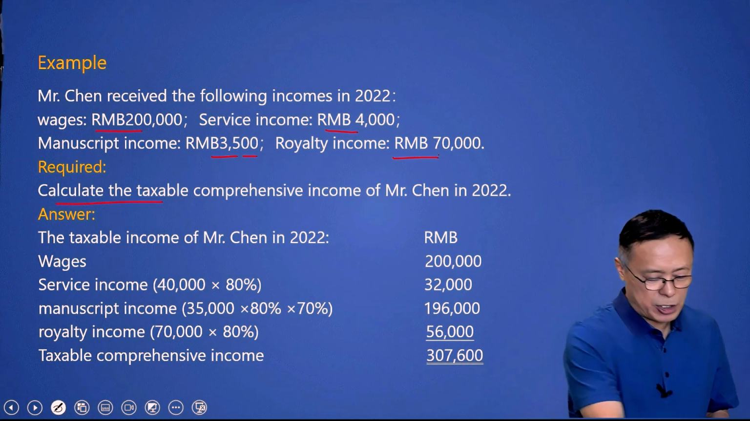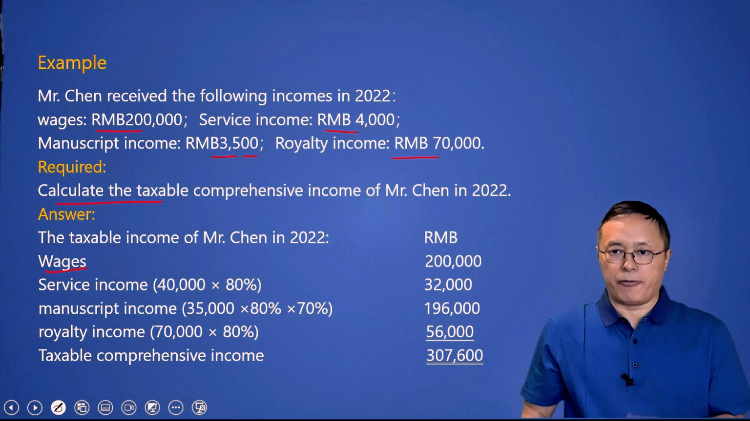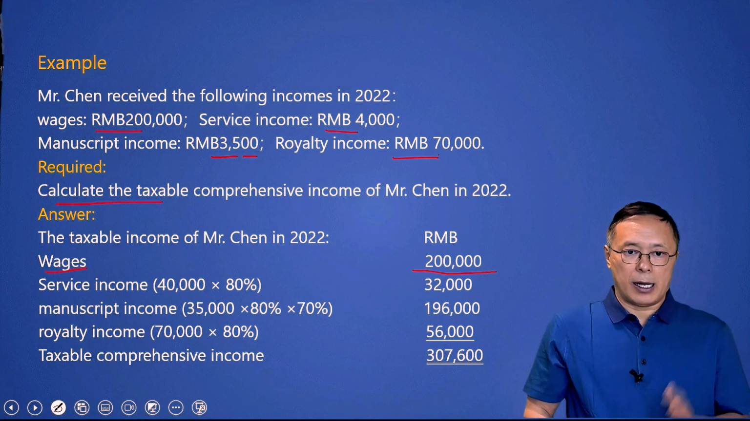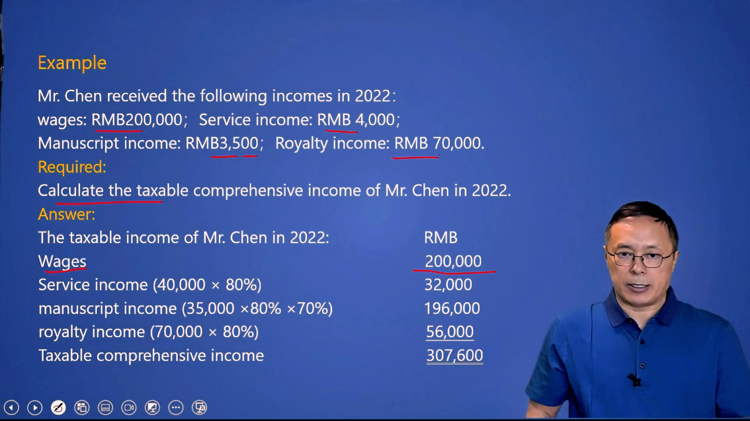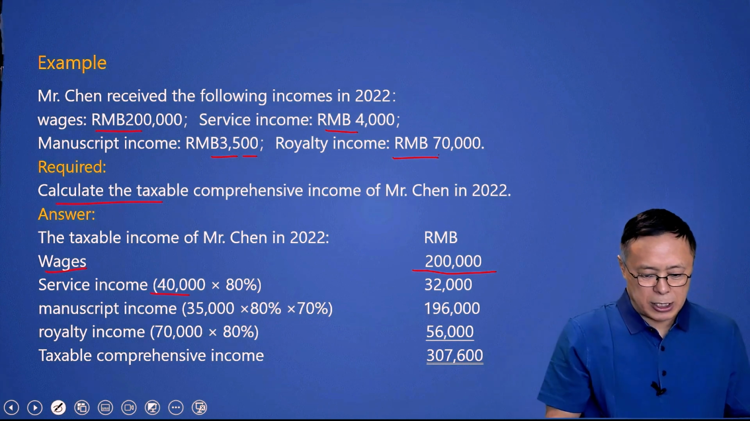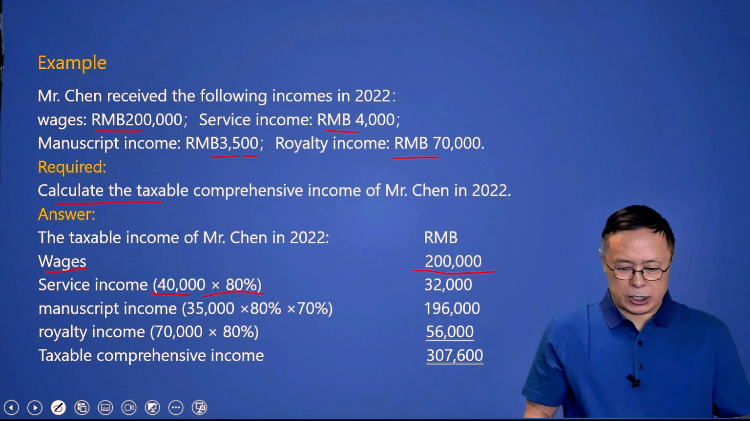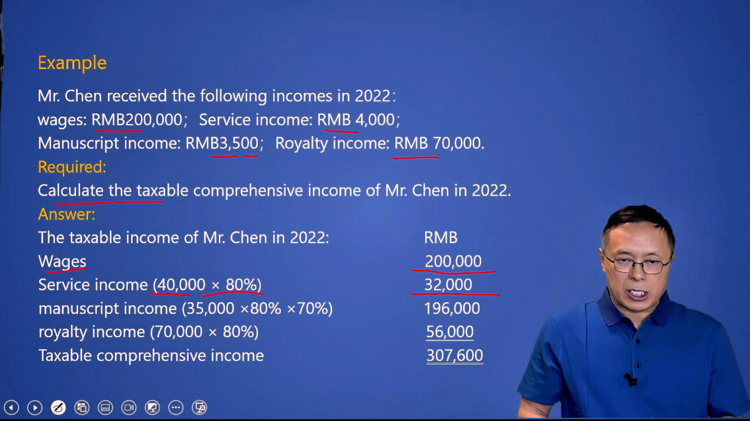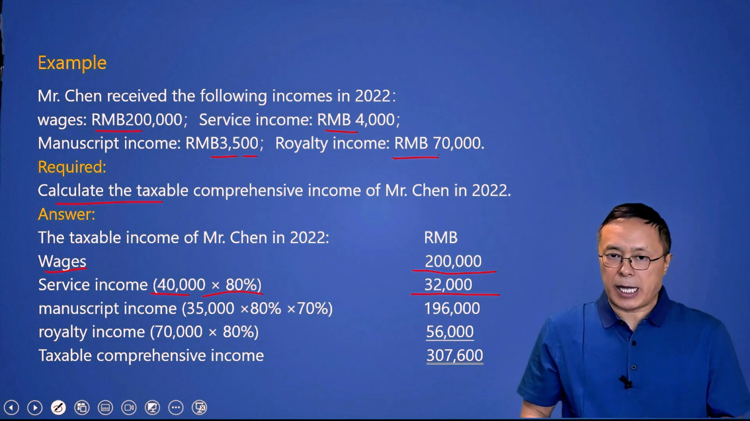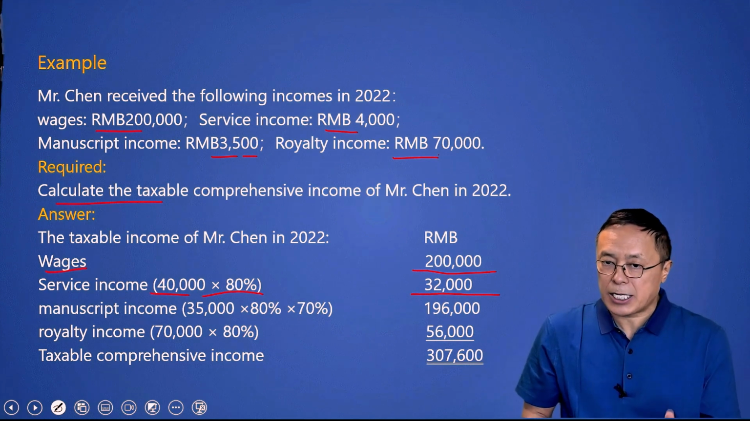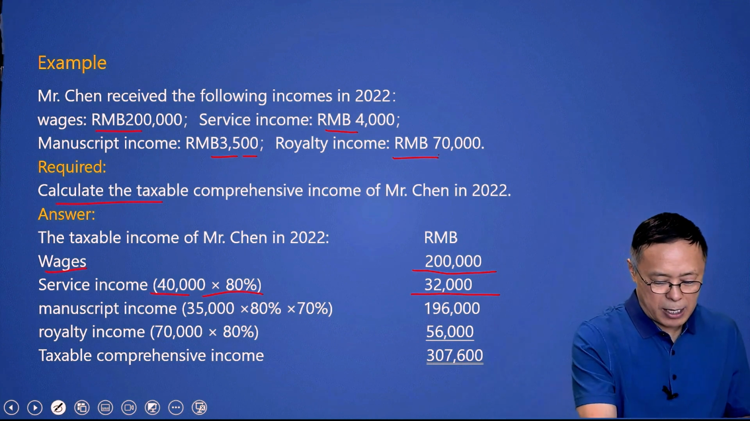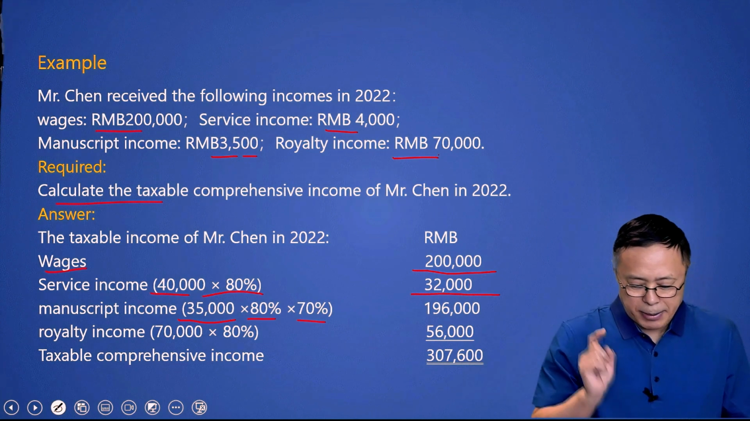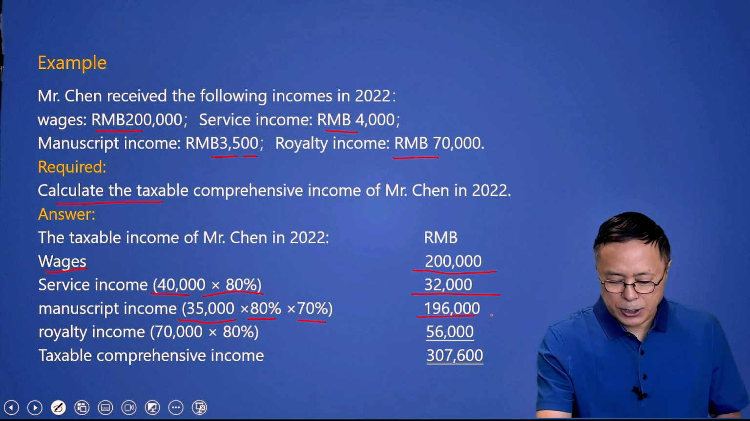Chen in 2022, which is just the full amount of 200,000. Service income allows for a 20% deduction. So, the full amount 40,000 times 80%. Net income is 32,000. Manuscript income allows for a 20% deduction and then a 30% deduction again. So, its full amount 35,000 times 80% times 70%. Net income is